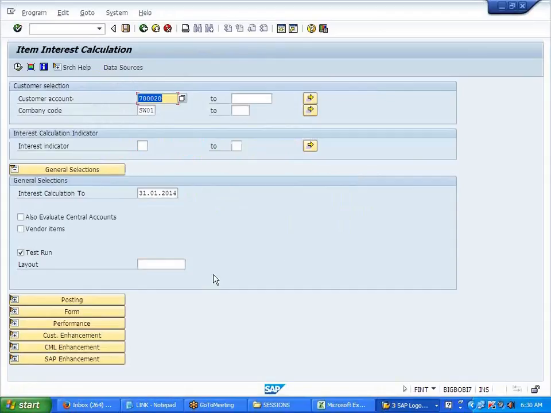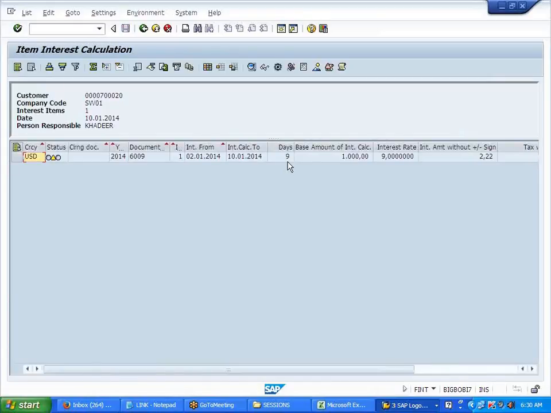Next, I'll do it on, let's say, 1001. Should it calculate interest? Yes, it should. For how many days has it calculated? 9. Correct, because my invoice is the first, from 2nd till 10 is 9.